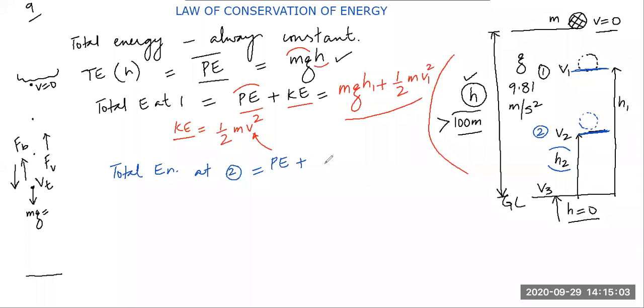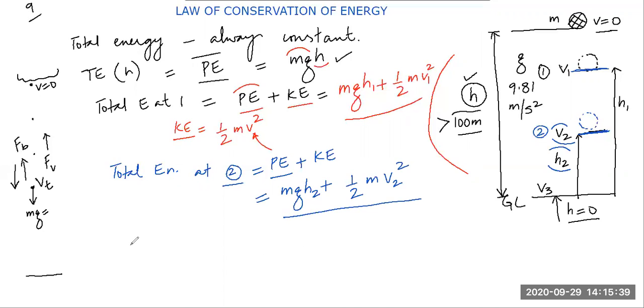And it is also moving, it's in motion, and the velocity is v2. It will have kinetic energy also. So please tell me what will be total energy at level 2? So m into g into h2. Beautiful. mgh2 will be potential energy, and kinetic energy will be half into m into v2 square. Beautiful. This is the total energy of the sphere or the ball at level 2.